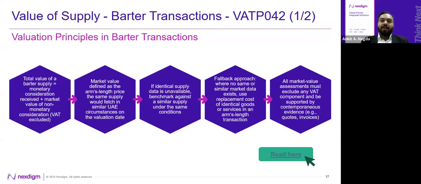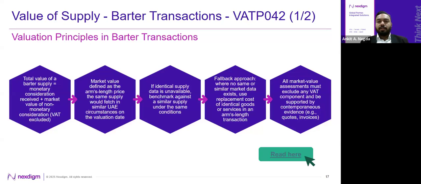So again, while we are discussing the UAE VAT law, even the concepts which are there in the transfer pricing law across the globe, that is the arm's length principle, have a role to play in the valuation for the supplies made in UAE from a barter perspective. So if there is no identical supply in the region for that particular tax supply, then the supplier could consider an identical supply made at the same time under the same conditions to determine the value of the non-monetary consideration,